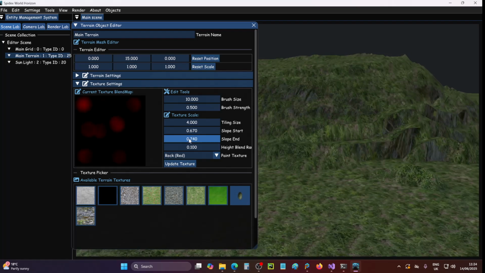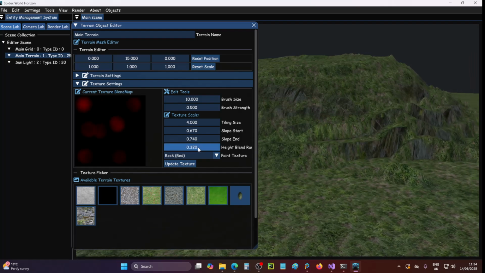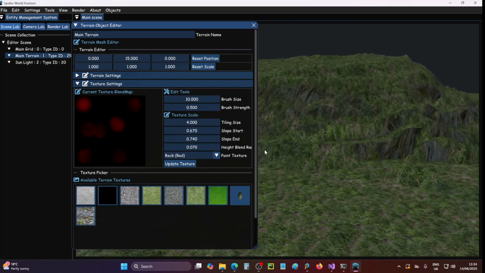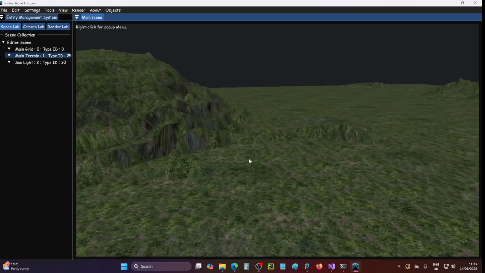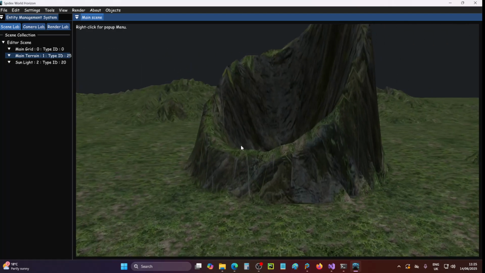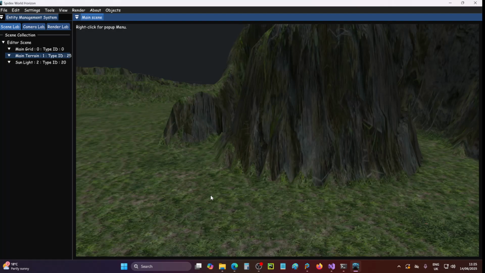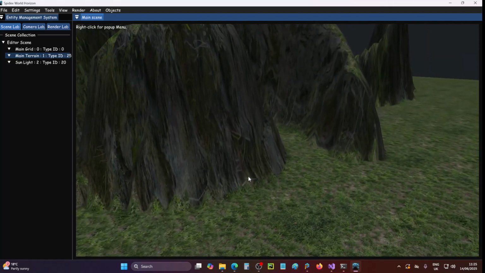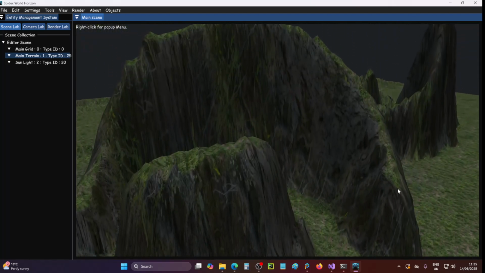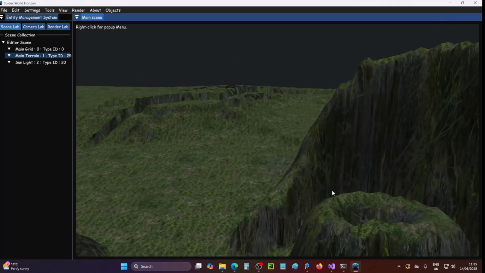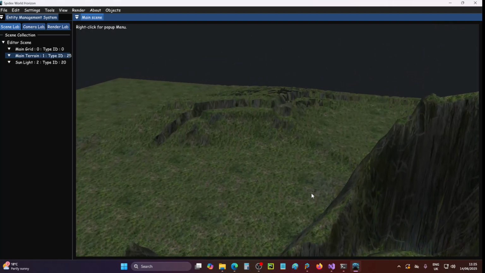Slight jump there, a little bit too far. You know, it's just starting to come together, and it works quite nice. If I spin round to the other bits, you can see it's all affected with how the rocks start and where the green on the flatter bits works. I'm really rather impressed with this, considering